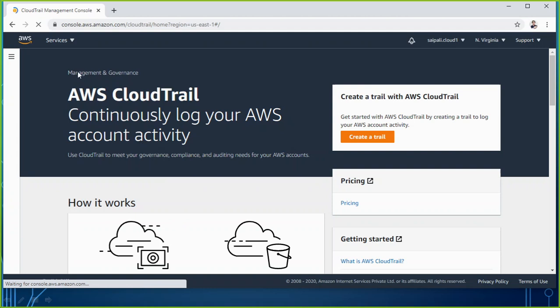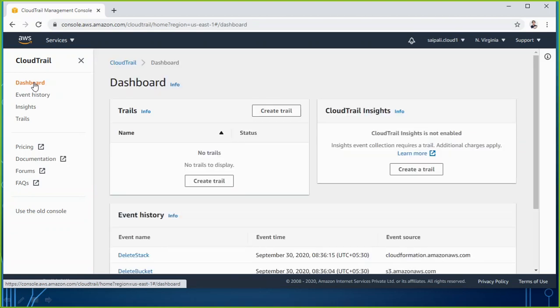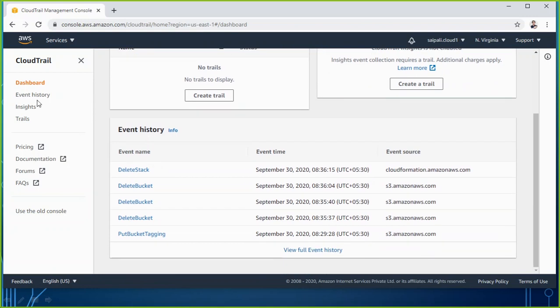So now you see I have reached CloudTrail. Here it is telling me to create a trail, but without even creating a trail, we are able to see so many things already. Go to the dashboard, you can see from there. In the dashboard itself, it is showing me the event history, or you can directly click on event history to go there. And here is the list of all the events which I did, on their dates, by Jazware. Which date, what task I did.